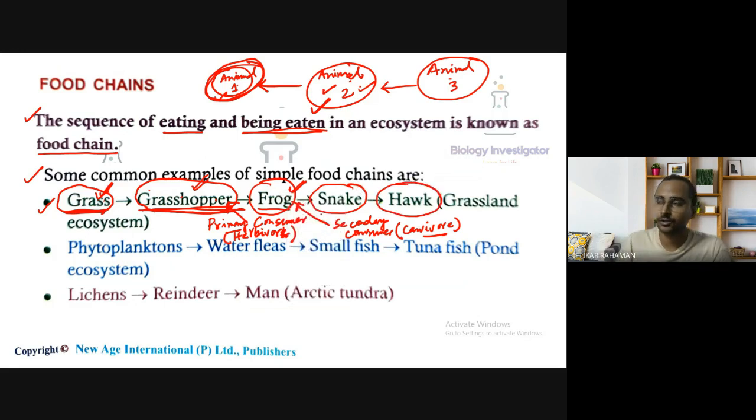is a bird, a big bird, hawk. So hawk can eat snake, right? This is secondary consumer, this is tertiary consumer, this is quaternary consumer. Okay, so this example